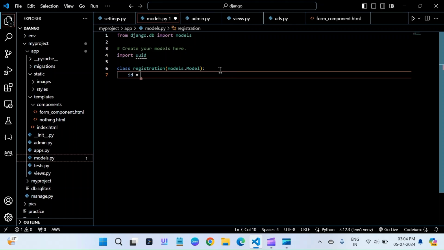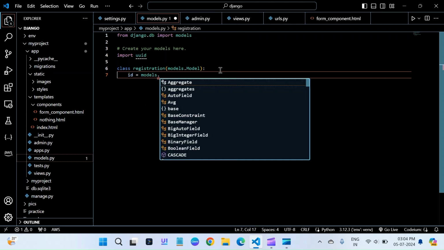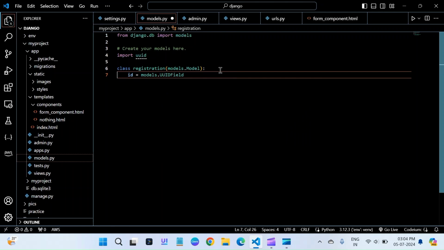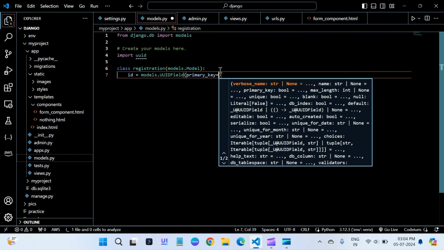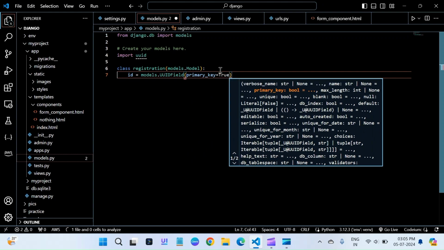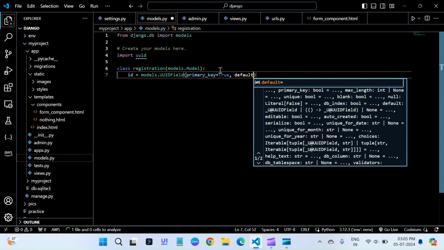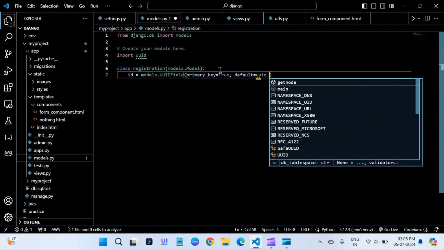Let's create an ID. ID is equal to models.UUIDField, the unique user ID field, where this is the primary key. Primary key is true, comma, and default will create a unique user ID. So default is uuid, which is the unique user ID, dot uuid